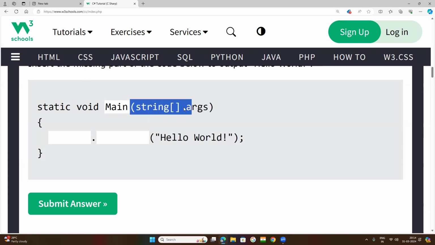This is the string array, and the name of the string array variable. So within the curly braces, what do we need to write first? Console dot